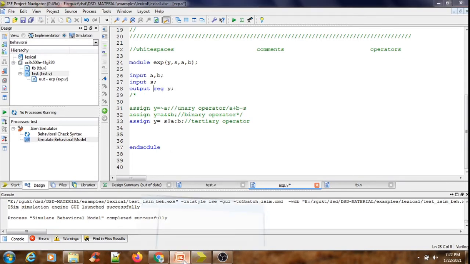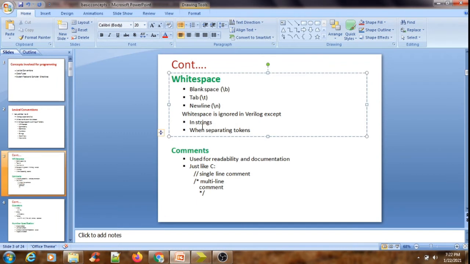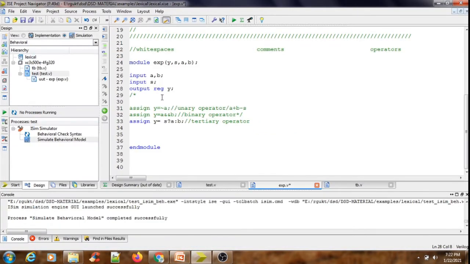This white space is also not ignored in strings. What is a string here? If I write it without a space, the Verilog compiler doesn't understand. So in this case I definitely require a white space. Okay, this is its usage.